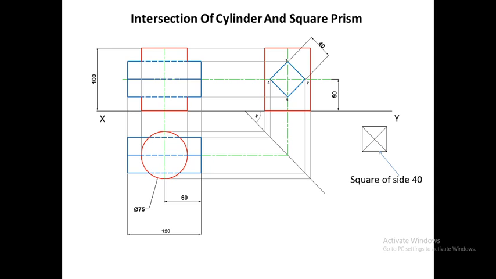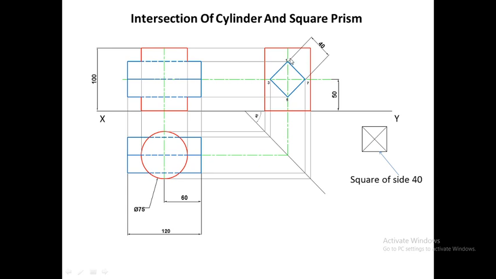I have already told that whenever either of the two objects is a cylinder or cone, we will always draw curves of intersection. Whereas if the lateral surfaces of both the intersecting solids are plane surfaces, like the intersection of two square prisms or the intersection of a square prism and a triangular prism, then we will draw lines of intersection. And since in this sum one object is a cylinder, we have to draw curves of intersection. Also, in order to draw any curve, you need a minimum of 3 points.